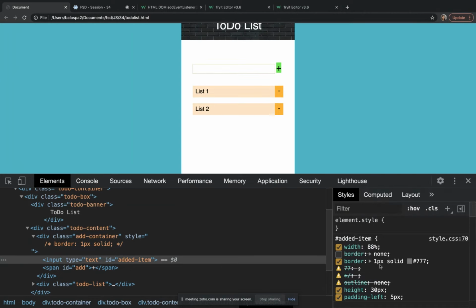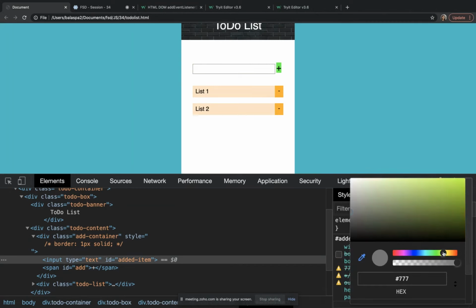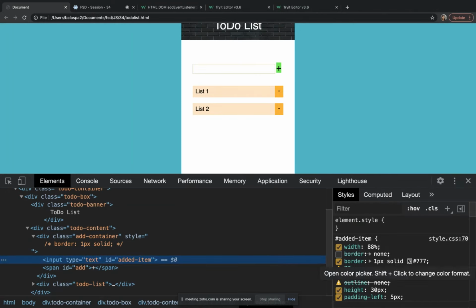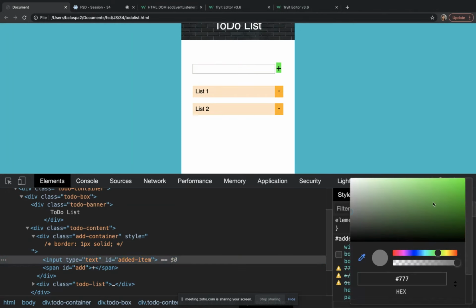Border. I'm going to add some color. It's not working. We can use this yellow color theme itself because we have already added some color.